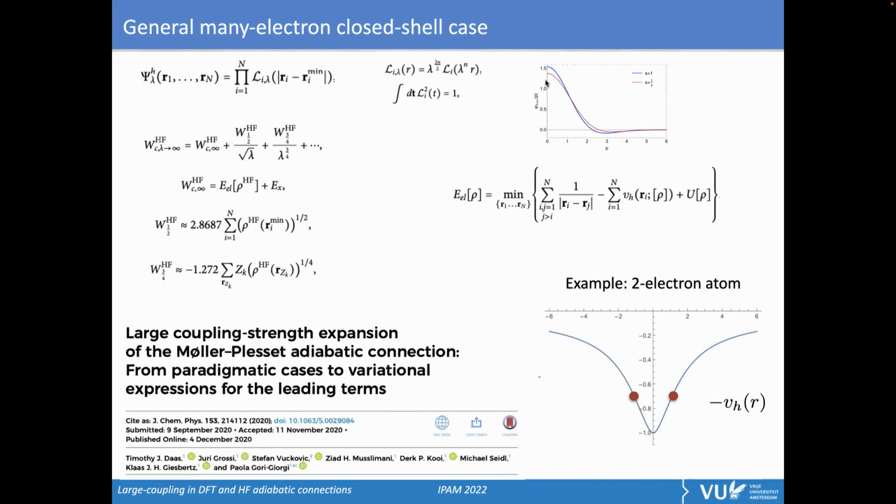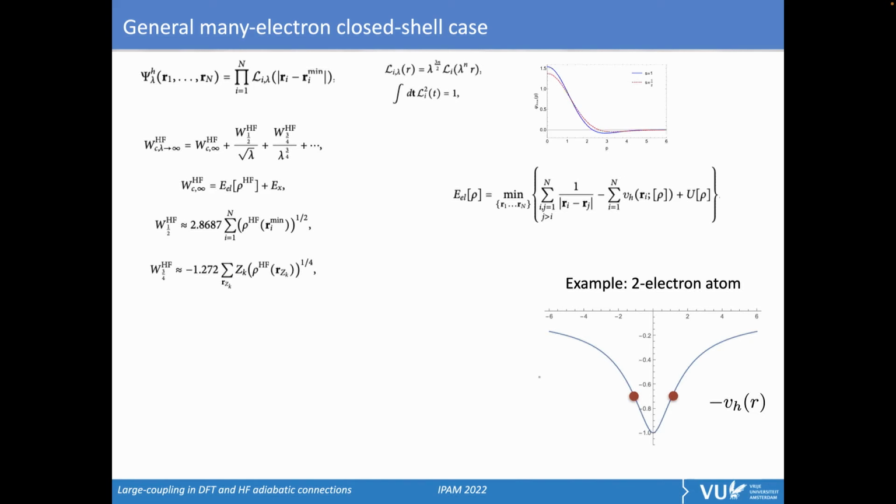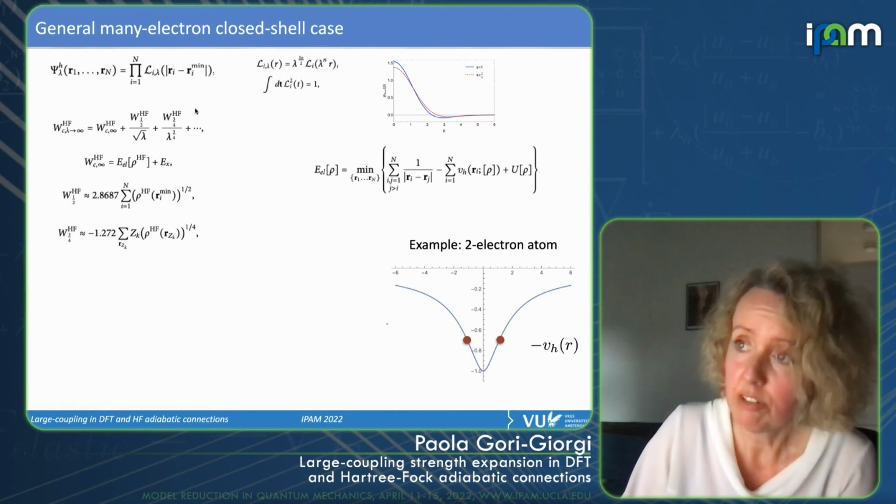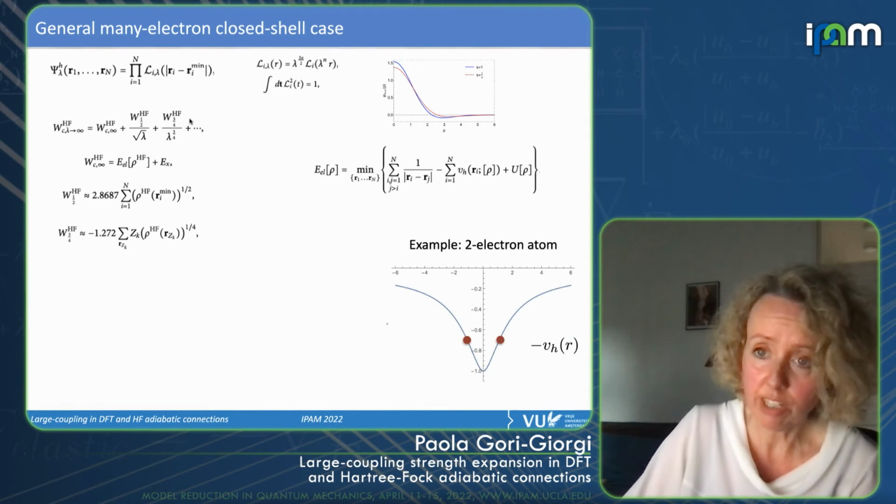So this red shape here is the best spherical localized orbital you can put in your Hartree product. So this allows you to get a variational expression for your next leading term, and also for this 3/4 term,